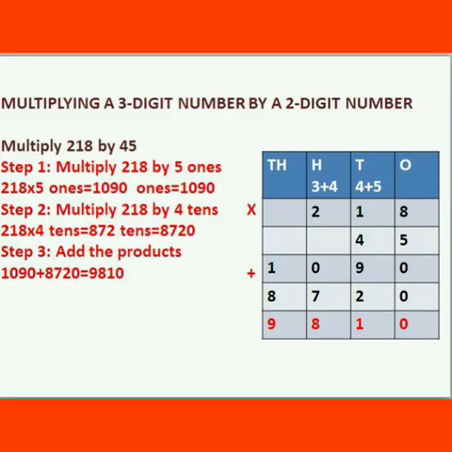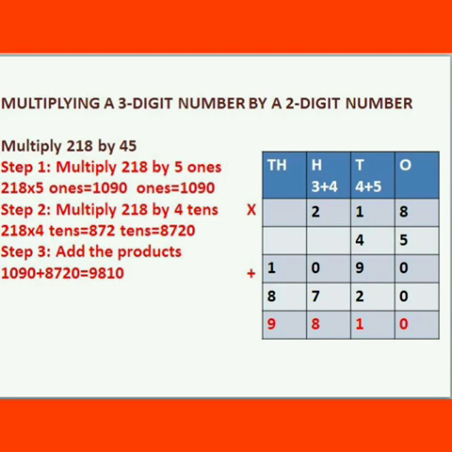Next, multiplying a 3-digit number by a 2-digit number. For example, 218 is multiplied by 45. So first multiply 218 by 5 ones. So 218 into 5 ones is equal to 1090 ones, which is equal to 1090. Next, multiply 218 by 4 tens. So 218 into 4 tens is equal to 872 tens. That is equal to